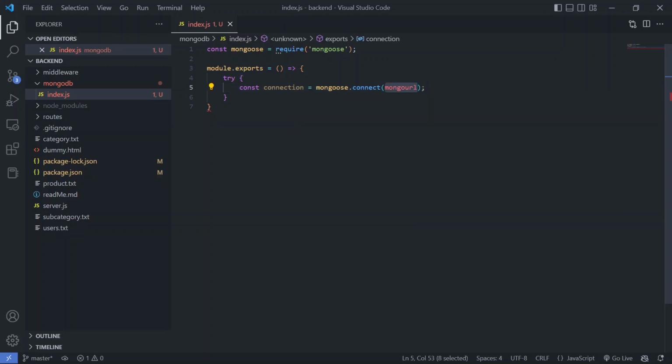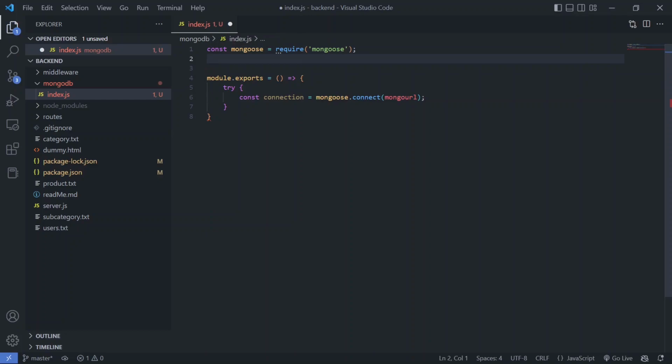And Mongo URL is nothing, just a URL which defines where this MongoDB is installed and what database is to be connected. So this Mongo URL is a simple string in which we will have the host and the port of the MongoDB instance. So first we have to use mongodb:// and the host of the instance. So here we are going to use localhost. So I'm going to take localhost, and by default MongoDB is installed at the port 27017, and you